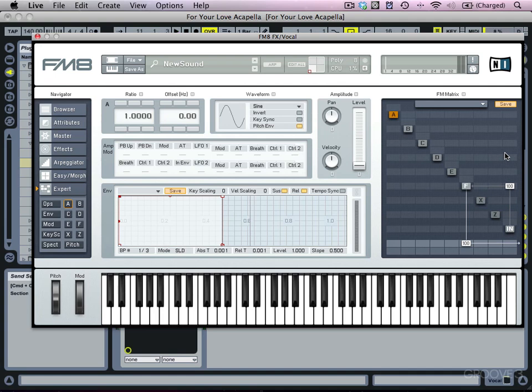Obviously it gets more mad and more chaotic the more you turn the frequency modulation up. Sounds a lot like a Dalek, doesn't it? And you know, we can route our incoming audio into the filter if we want to, so if I turn on operator Z,